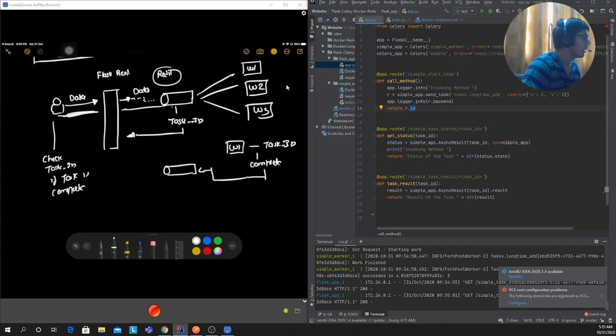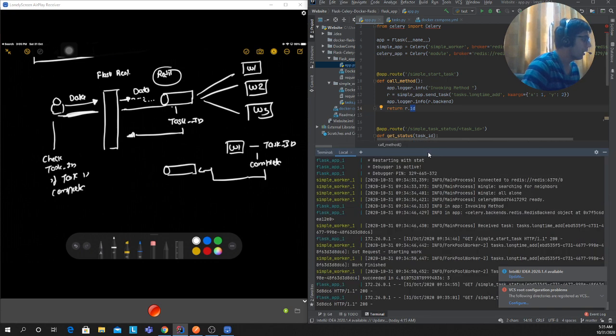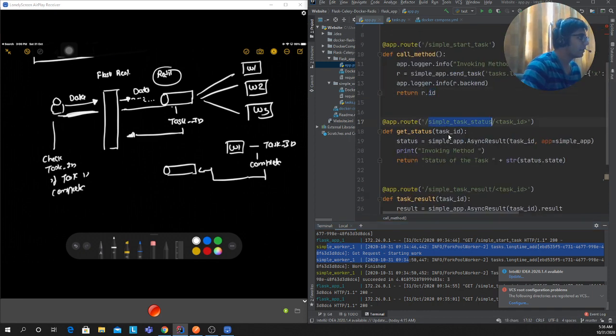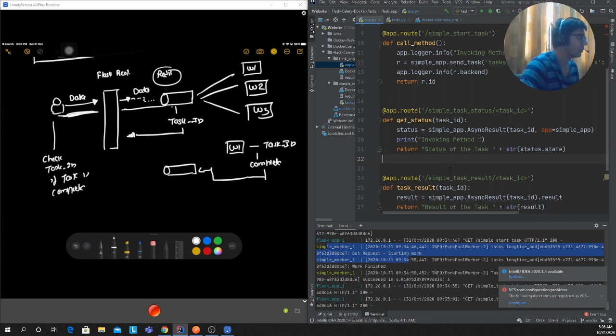Then the workers are gonna keep polling the queue in the background. If you see simple worker 1, they are polling the queue, right? They are trying to say, hey, give me the data, check the queue if something is there. So they poll the data with the particular task ID. Once the data is there, I have a simple endpoint here which takes a task ID. Based on that task ID, it returns a status, whether it's pending or success.